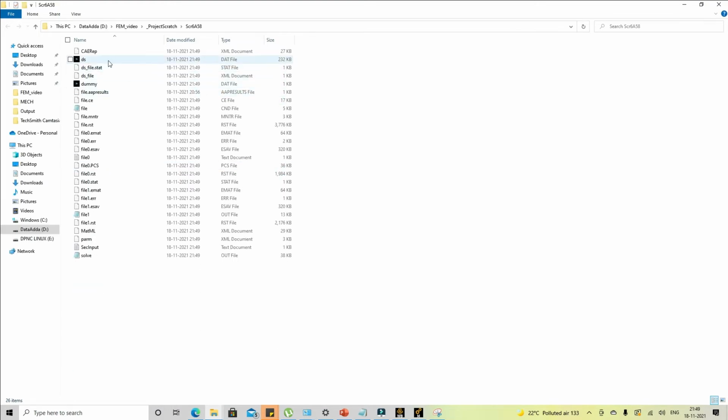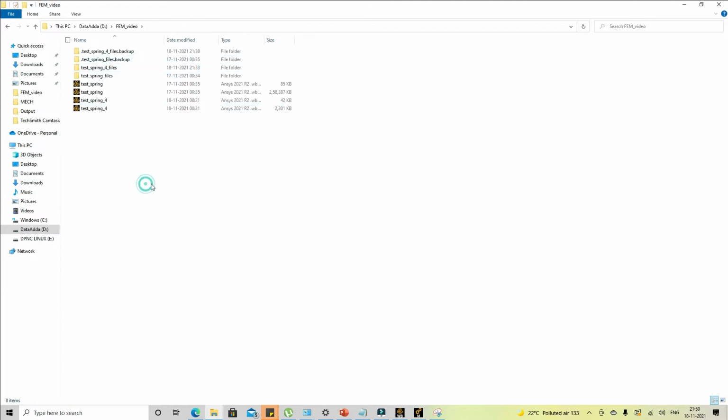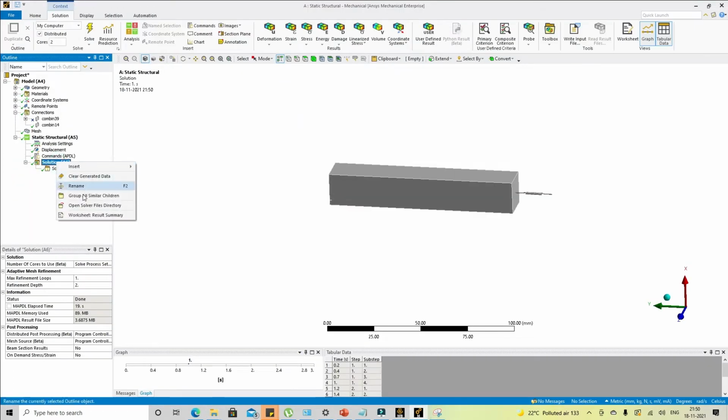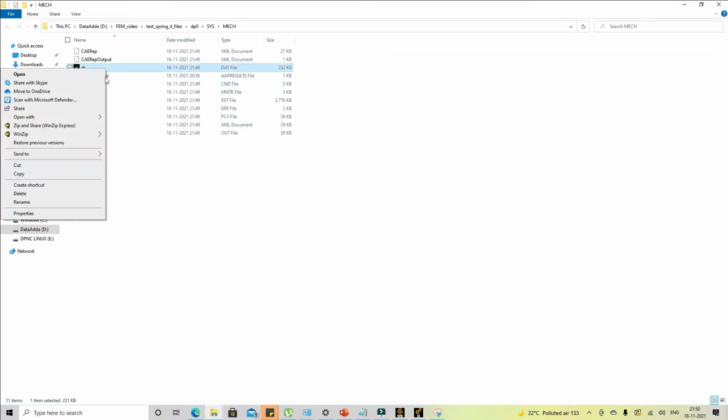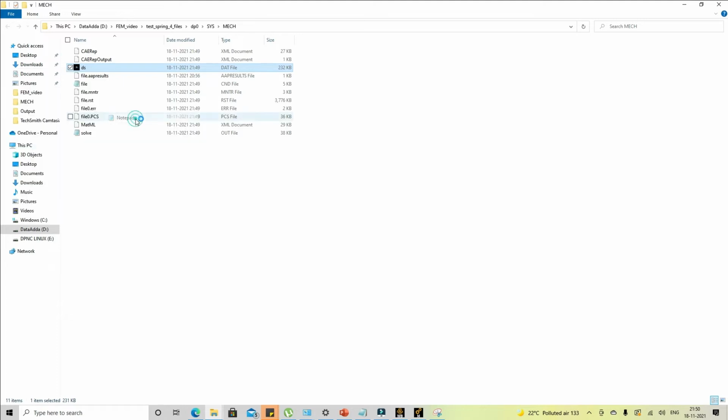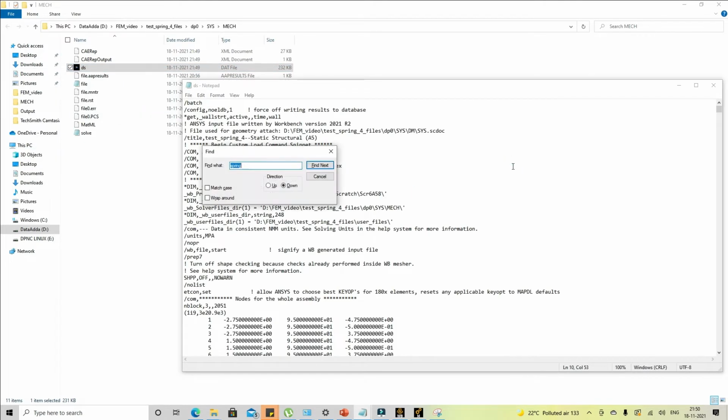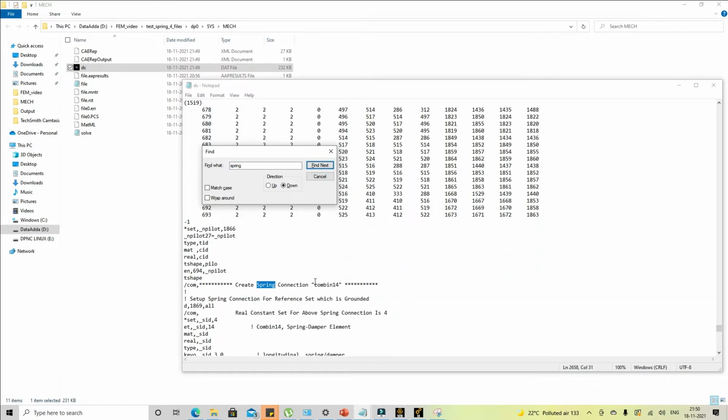Once the dsdat file is there, we can open this dsdat file with Notepad and search for spring. Once we search for spring, we can see it is creating Combin 14 element when we are using a constant value under the spring connection.